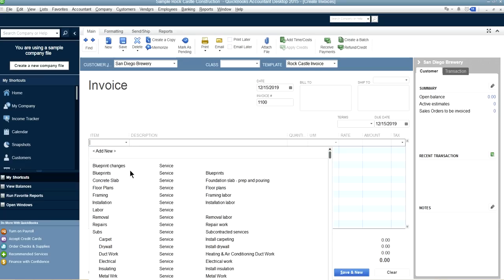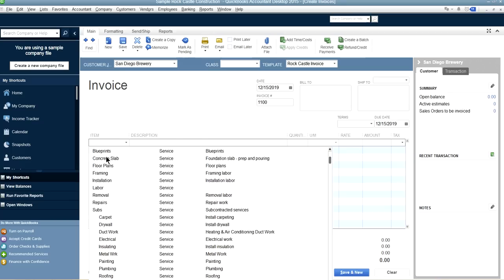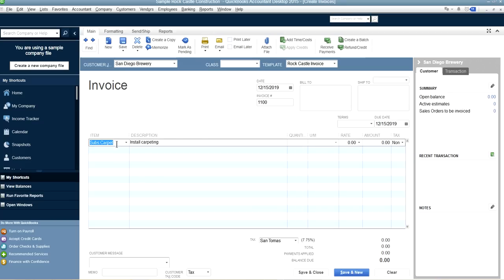So whenever you say, let's just say carpet, this one is your income, and it's linked to your specific income account that you see in your chart of accounts. Okay, so let's put the quantity in here, 100,